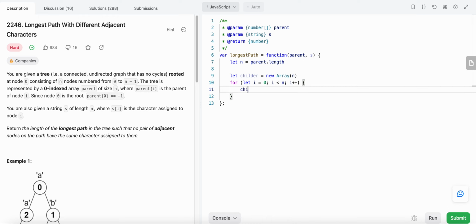And since each of the children is also an array,